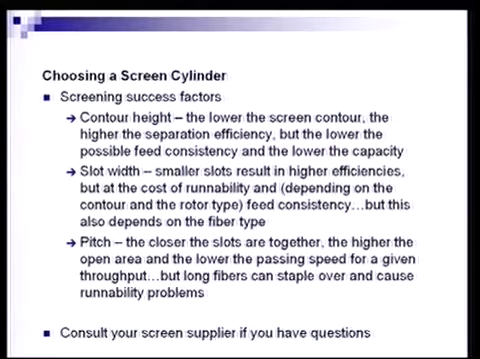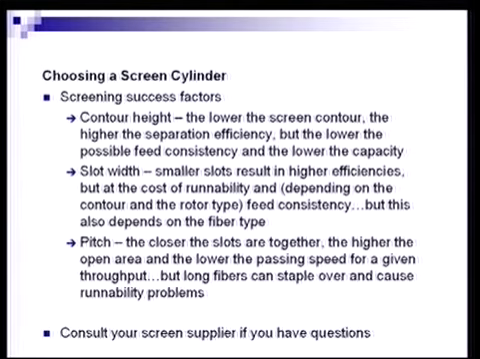So how do we choose the right screen cylinder? This is an extremely complex technology, one that is not completely modeled well, and so we can't really tell for every instance exactly which screen plate it is. We can come pretty close, and these are some of the parameters that we look at. Certainly not all, but I would say these are the big three: the contour height, the slot width, and the